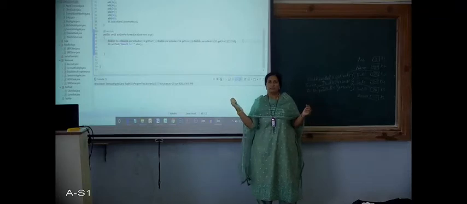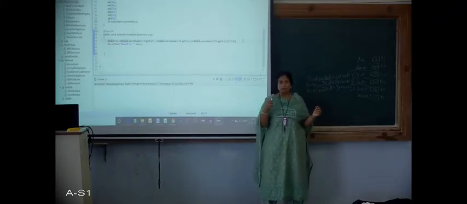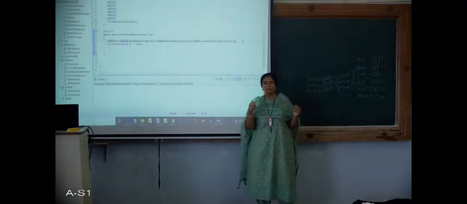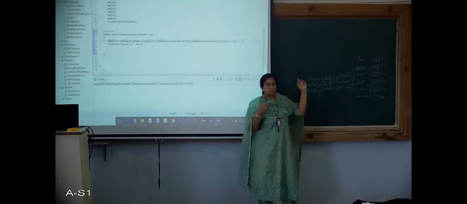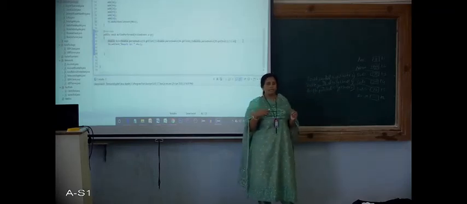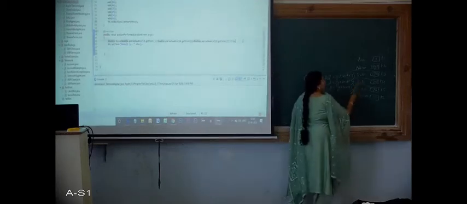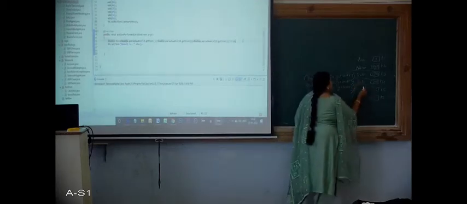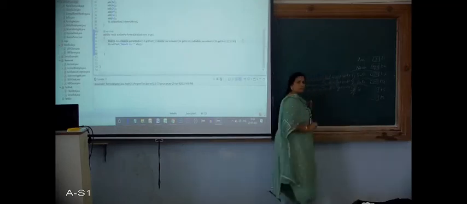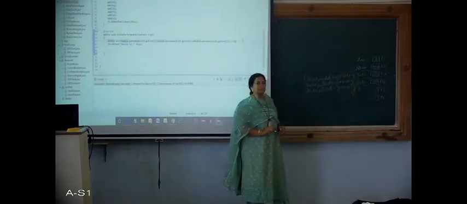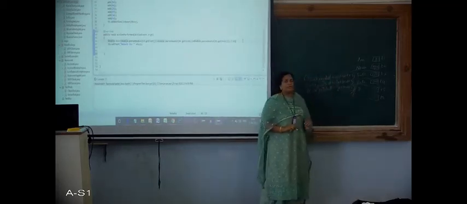But here the requirement is we need to find the average. So to do that, we have to divide this total by 3. Okay, so this whole thing divided by 3. Am I right? So this will give me the average.